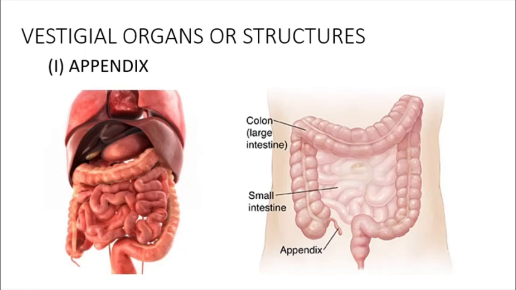Earlier, as we were not able to cook food, our ancestors used to directly survive on leafy vegetables without cooking, and to digest that, the appendix was useful, as it helped digest the cellulose. Now we cook the food thoroughly and eat it, so we no longer require the appendix, but ruminants need that appendix to digest the cellulose.